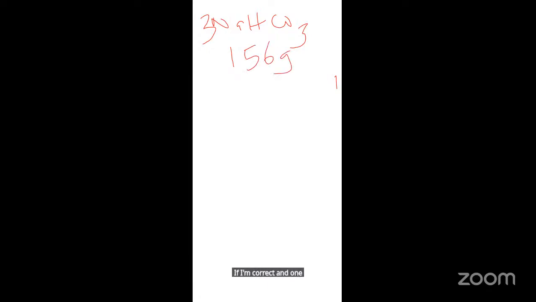So what it means is that 3 moles of your sodium hydrogen carbonate will react with 1 mole of your citric acid from the equation. So 3 moles of your sodium hydrogen carbonate, if you do that calculation, we already have 3 here. That will give us about 156 grams, if I'm correct. And 1 mole of your citric acid, which is your C6H8O7, their mass will give us, I think, 192 grams. So what it means is that 156 grams